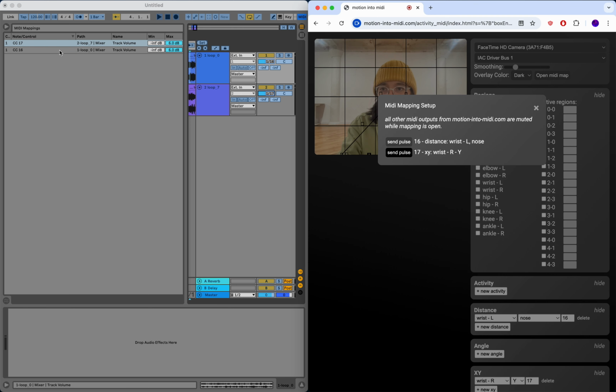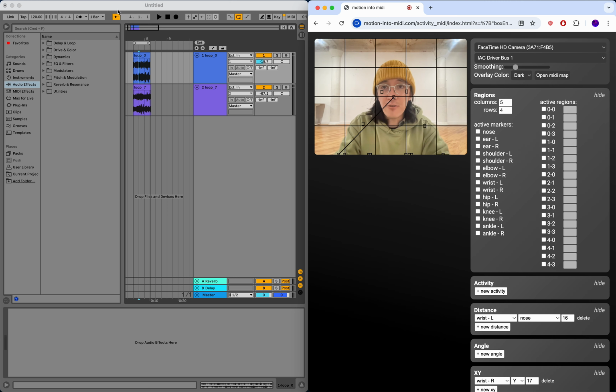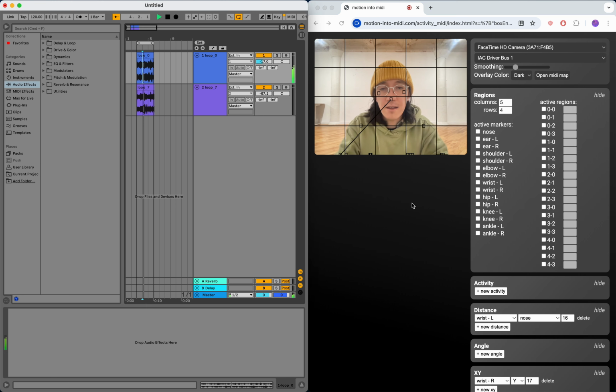So now if I turn off the MIDI mapping here, you'll notice if I send this pulse again, this jumps up and down over here, and you'll see the same thing over here if I press Send Pulse. So it's working. So now if I go ahead and press play,